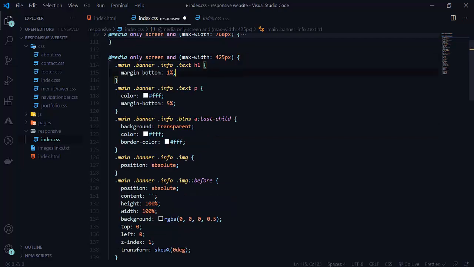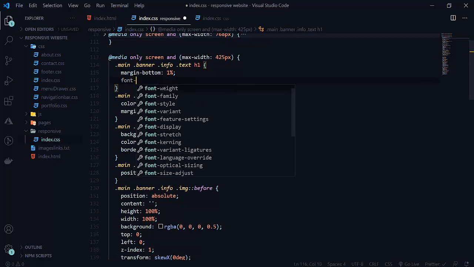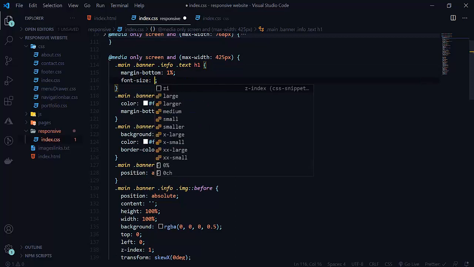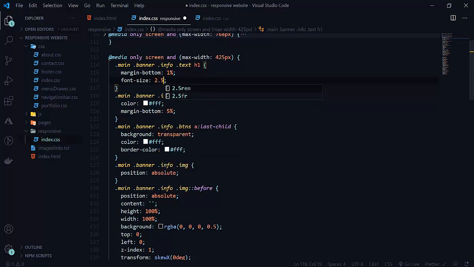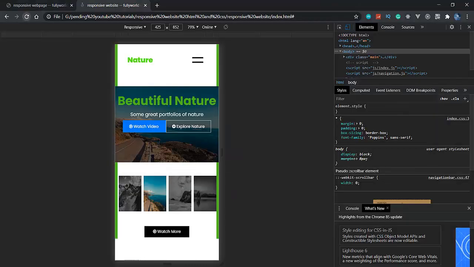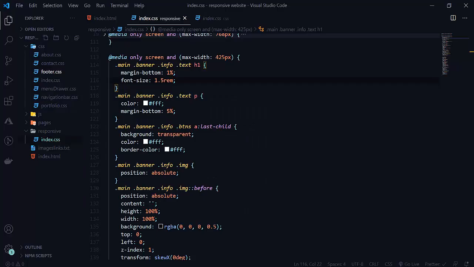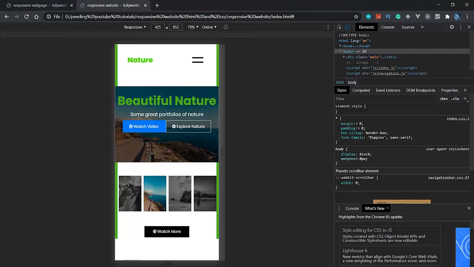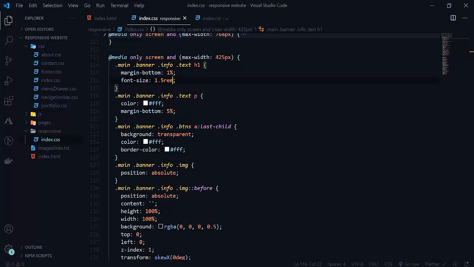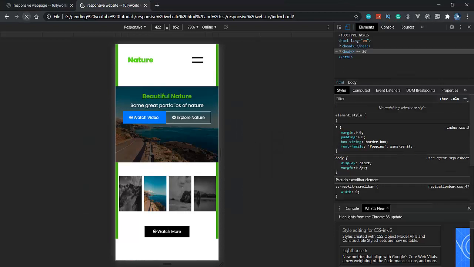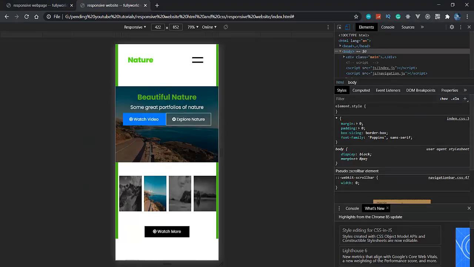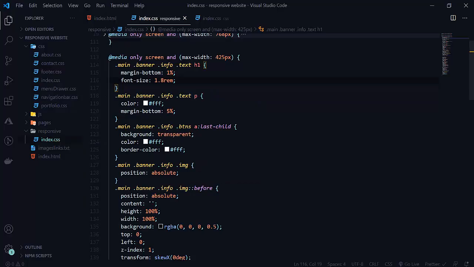So for margin bottom here, we just change our font size. Just we need to change our font size here. For the H1 text, the font size is 2.2, so let's try 1.5 rem. Reload this. See that 1.5 rem is not working. Yeah, see that now this 1.5 rem is working here. So 1.8 rem, let's see how it works. So 1.8 rem is looking good now.